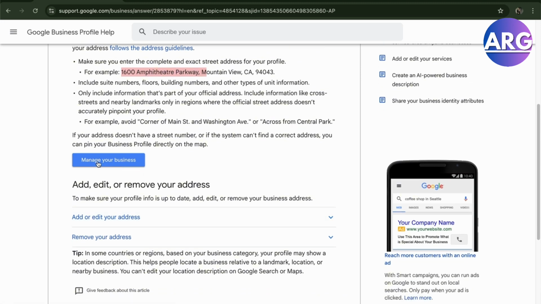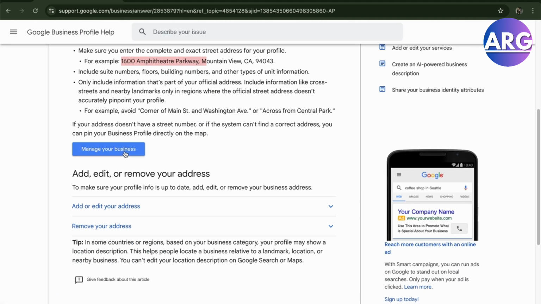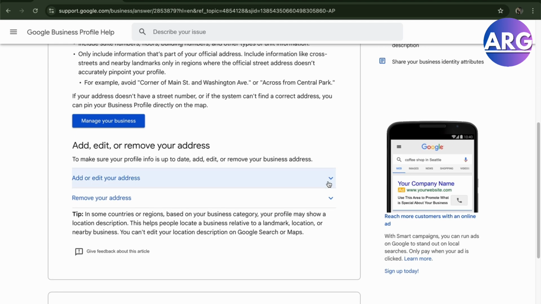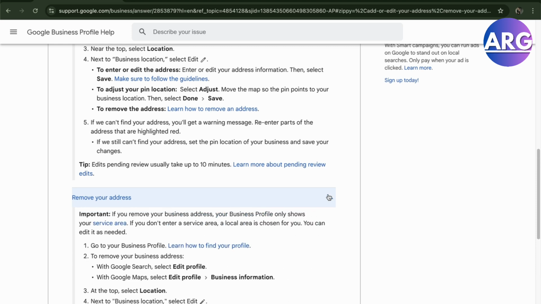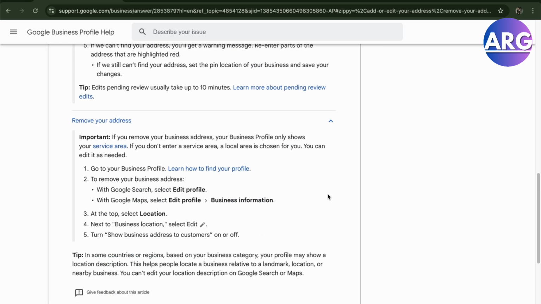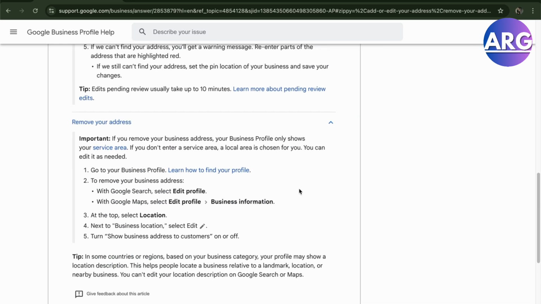I don't have a business, but this is how you use it. Just press this. So here, add, edit, or remove your address. You can add or edit right here. There's going to be a second article for that. Or you can remove your address right here if you want to do so, if you have your business and you've relocated. So here, there's going to be going to your business profile, remove your business address, and